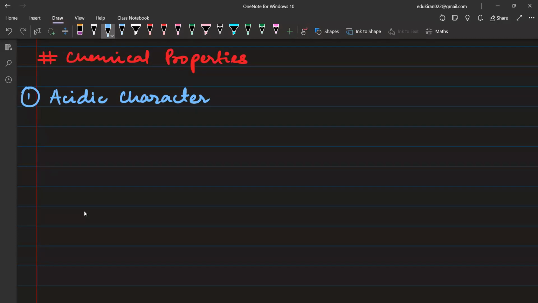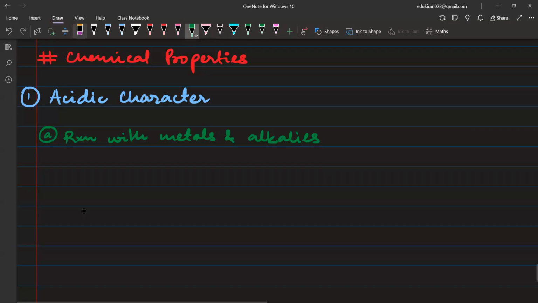Now, for acidic character, we will first of all talk about the reaction that it is giving, है ना, the reaction it is giving in order to show the acidic nature, and then you will talk about the acidic strength also. ठीक है, तो acidic character में you will write the A part, reaction with metals and alkalis. ठीक है, so for example if you have